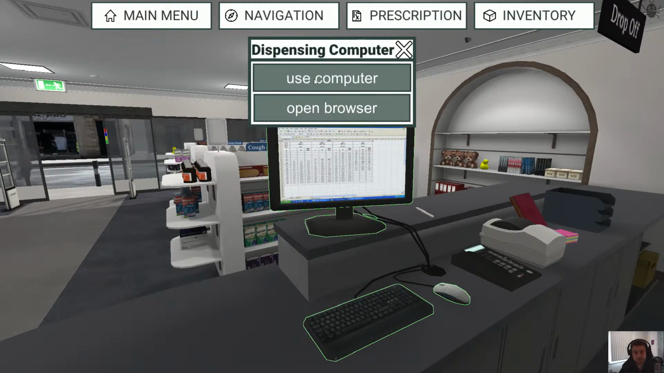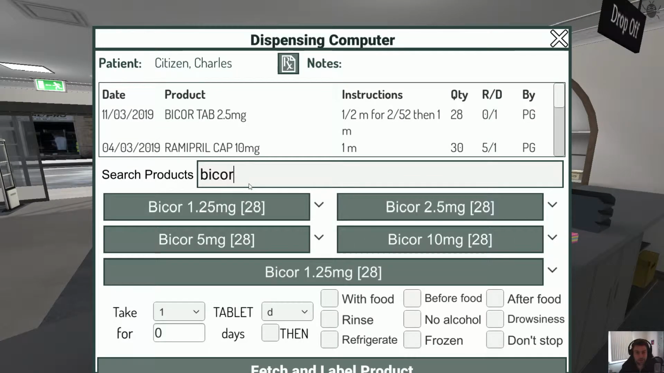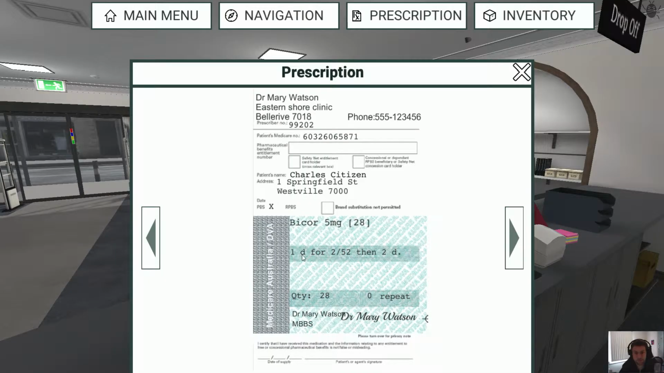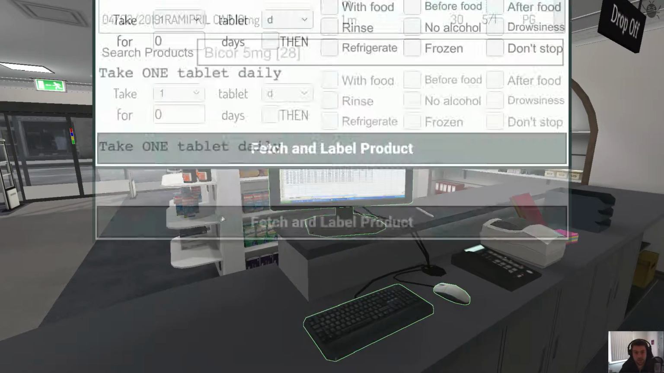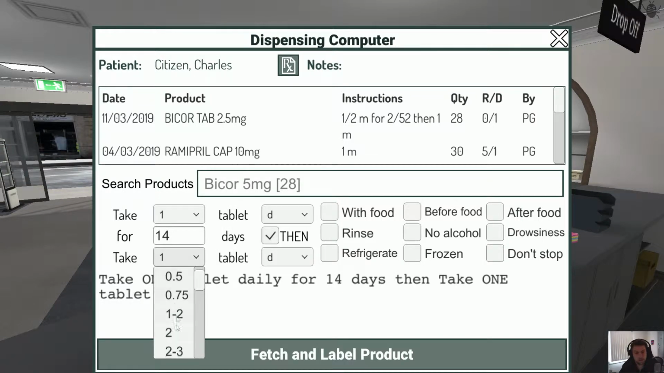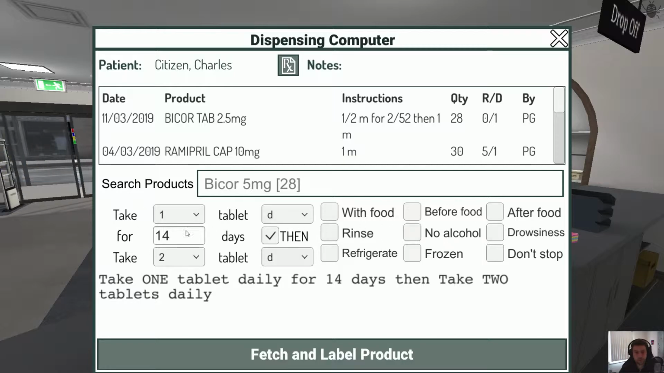So let's dispense this. Bicor 5 milligram. And the instruction was 1 a day for 2 weeks, then 2 a day. 1 a day for 14 days, then 2 a day. So we've got this nice little standardized form here for filling out instructions. Dispensing software doesn't typically have this. It has more of a sort of